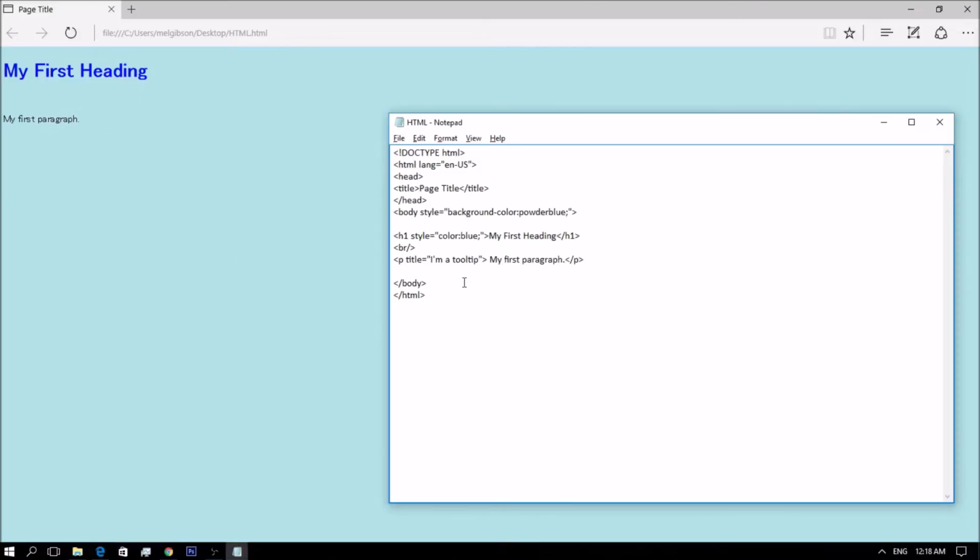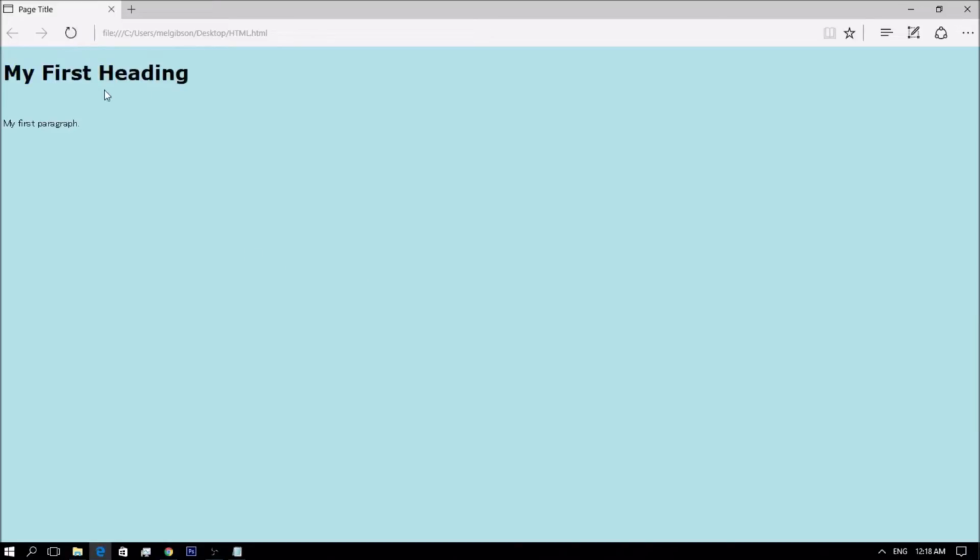We have the HTML fonts. The font family property defines the font to be used for an HTML element. So, for example, erase this, then enter the font family, then save, reload.